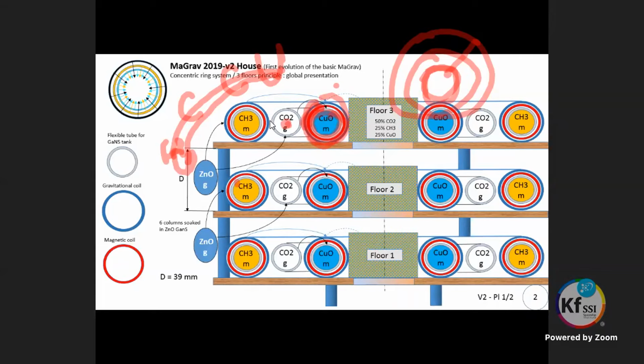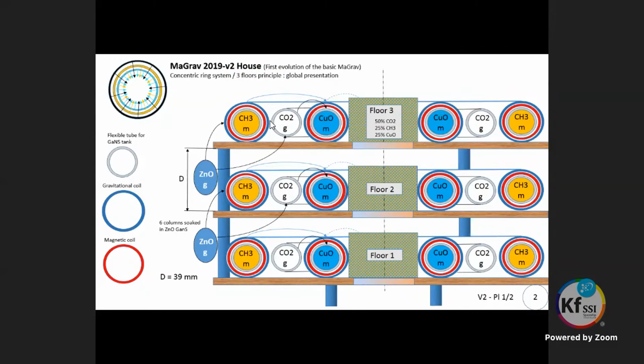The external ring? He's asking you because we've now described just the internal coil. Let's not confuse you. Let me draw it here. You have one coil, you have two coils, but in fact you have four coils. Correct? Yes. I'm just talking about one coil. If on this coil I put, let's say, copper GaNs, and over here I put CH3 GaNs.